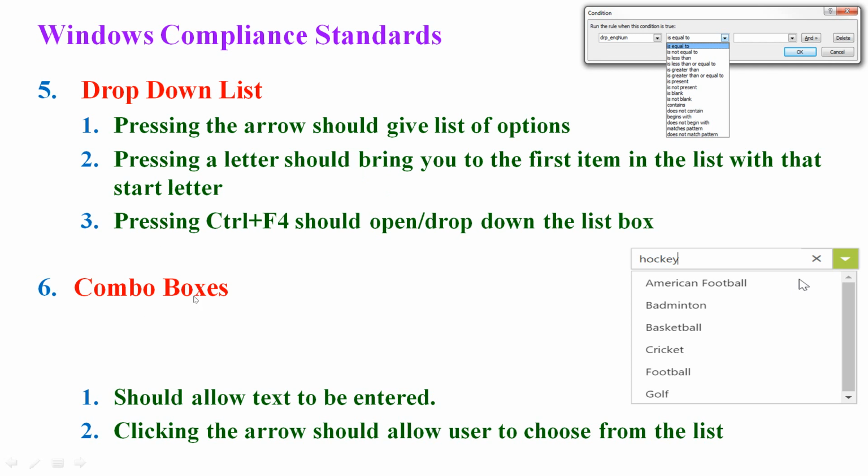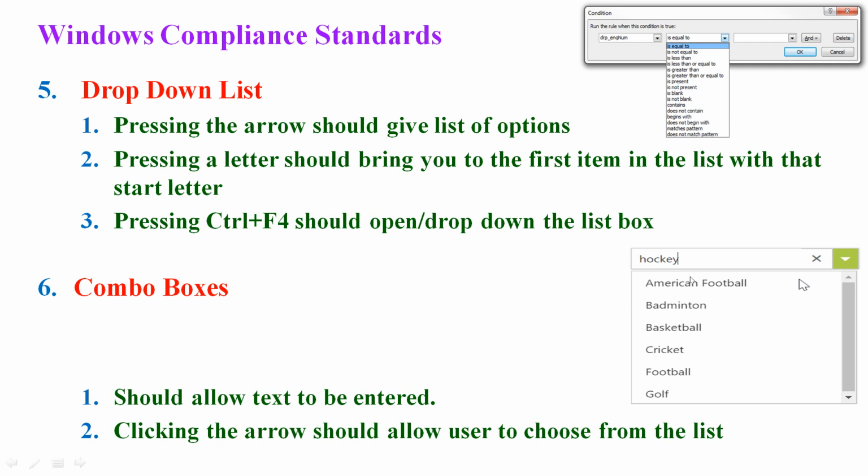And combo box. While testing the combo box, or while validating the combo box, validation is nothing but testing, software test engineers should concentrate on these two criteria. Here I am defining the criteria with respect to these particular options. Other than this, there will be so many. For example, in this combo box, hockey is there. As a software test engineer, you have to check the spelling also. That I am not covering here, right?